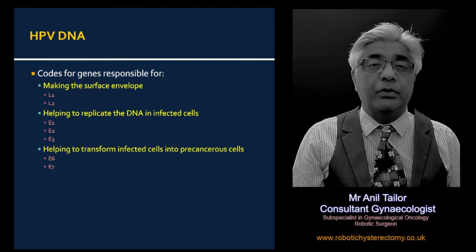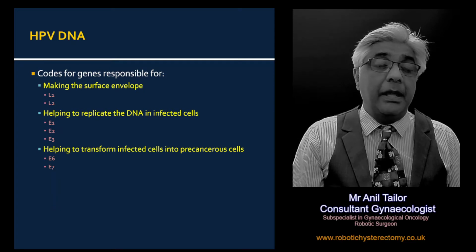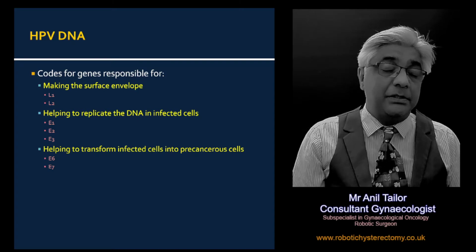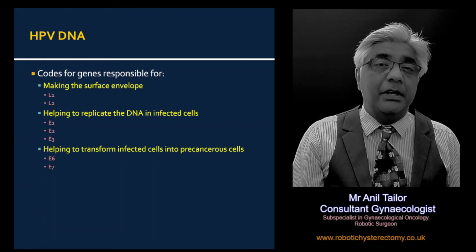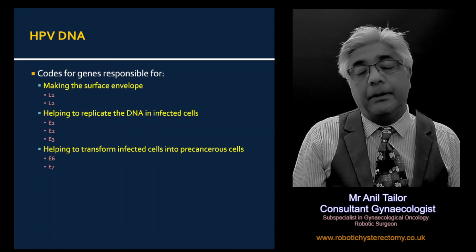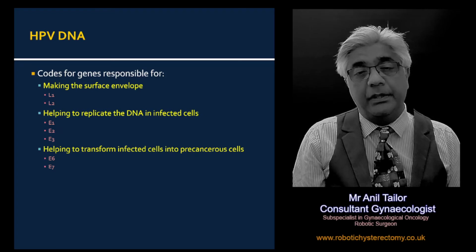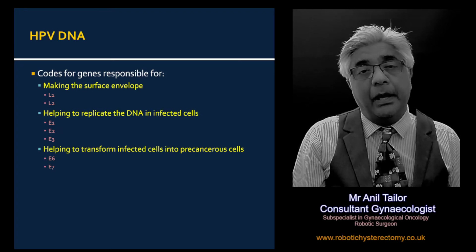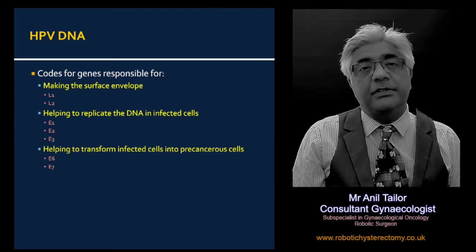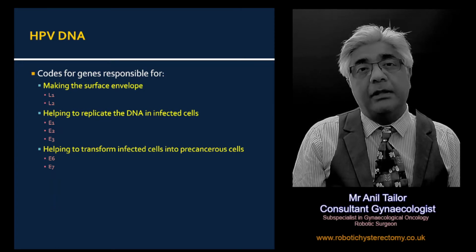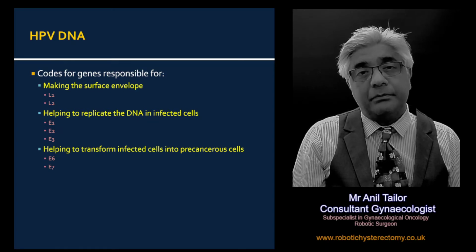So it codes for the E proteins, which are the early proteins, meaning once the virus has infected a cell, it's these early genes that start doing the virus's work, and then towards the end, the L proteins, the late proteins, come into action. So the early proteins help to replicate the DNA in the infected cell, and the L proteins help to create